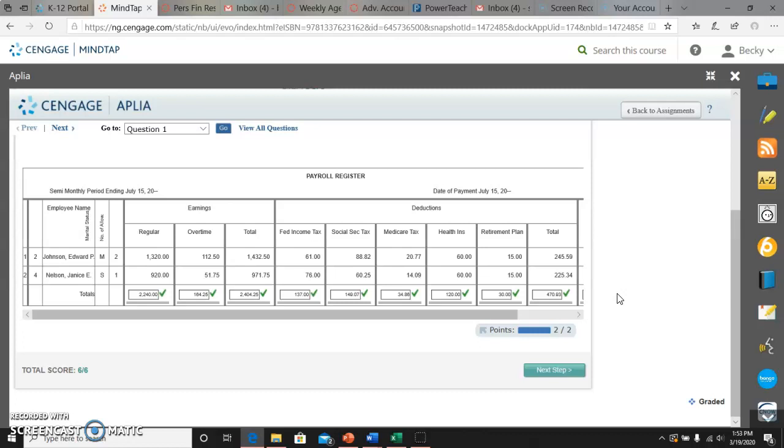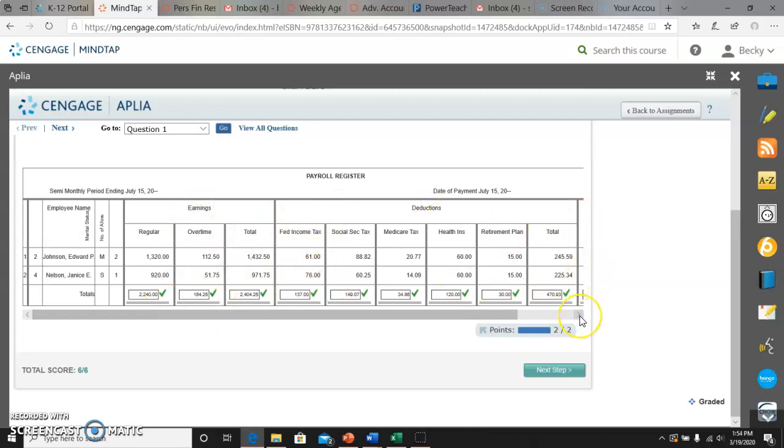Social Security tax, $149.07. Medicare tax, $34.86. Health insurance, $120.00. Retirement plan, $30.00. Total, $470.93. And net pay, $1933.32. And a good thing to always do, again, once I've added all those columns going down, every single one of them,